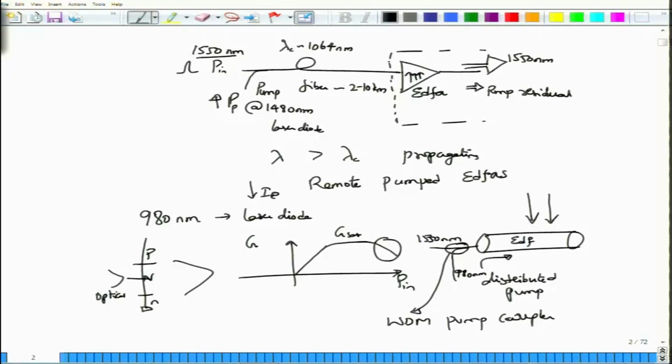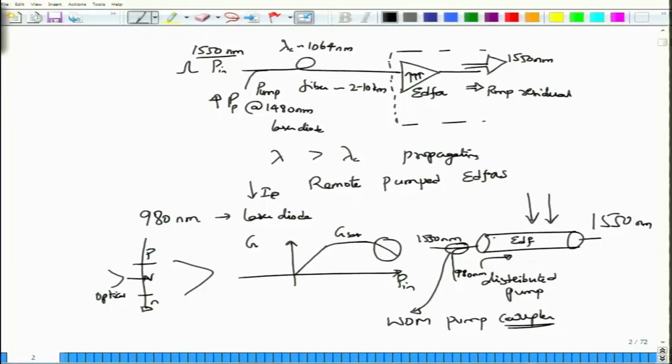We will see what a coupler is in one of the other modules shortly, but bear in mind that this coupler is used to combine the 1550 nanometer signal with a 980 nanometer pump, and then both will propagate through the erbium doped fiber, with the result that the 1550 nanometer light will be amplified. And what will happen to the pump? Well, that is what we were discussing.